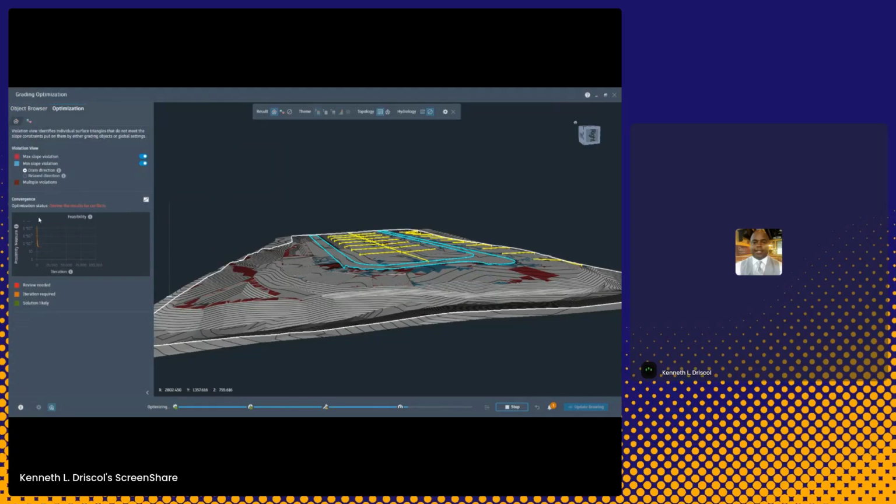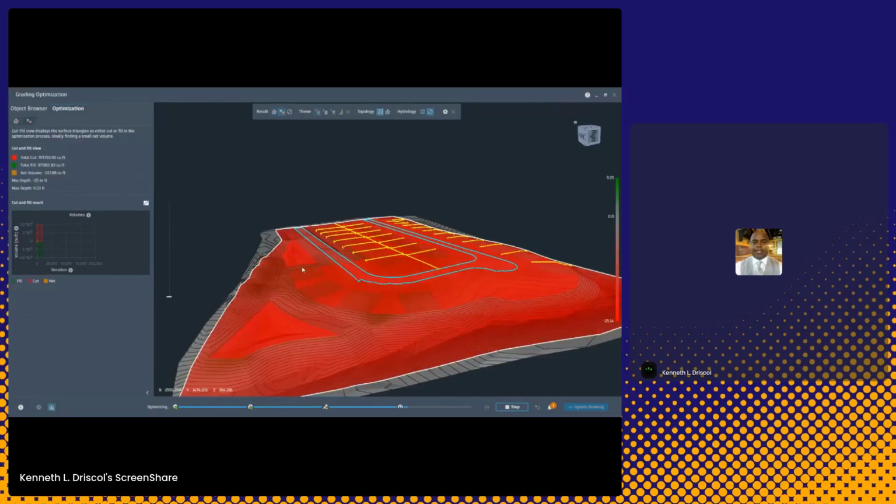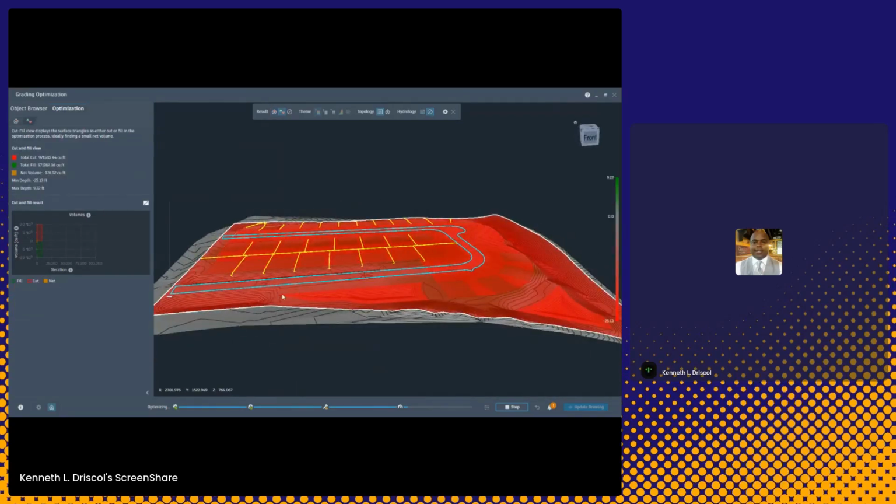And as you can see, if I look at cut and fill, it's working on the site. And it's keeping an account of my cut and fill. And look at where I'm at. So, again,